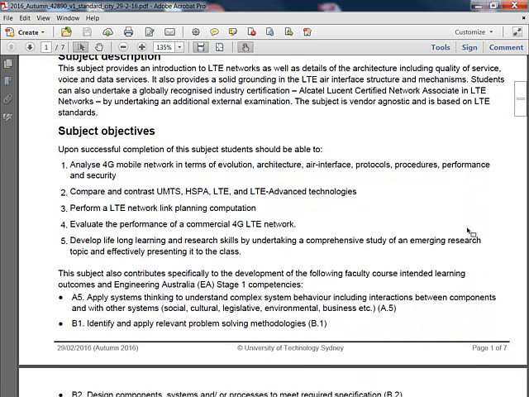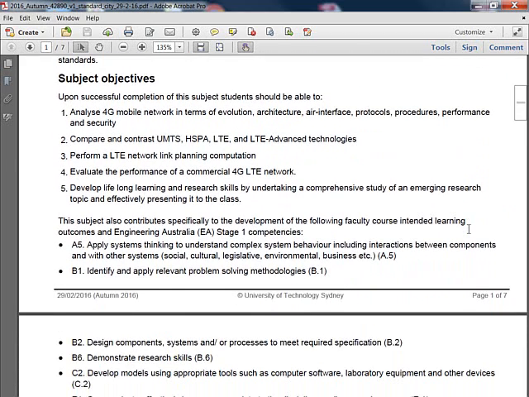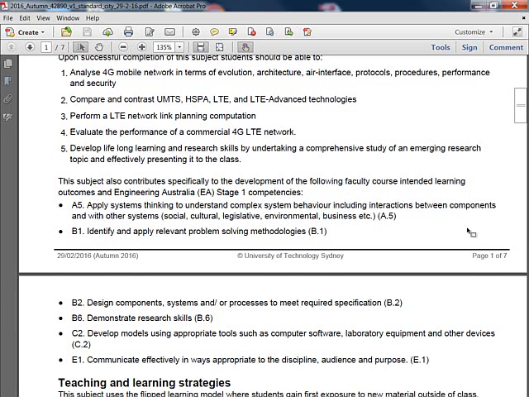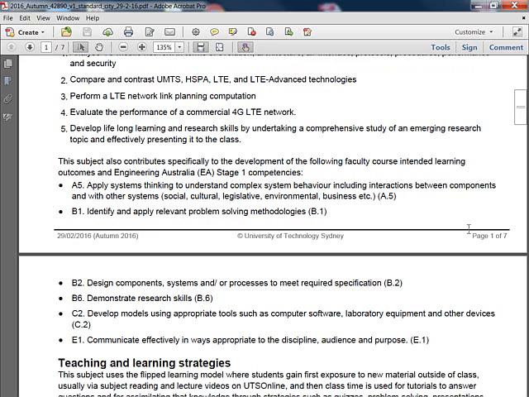Now this subject also contributes to the development of the following faculty course intended learning outcomes and Engineering Australia stage 1 competencies, and these competencies are given at the bottom of page 1 and at the top of page 2 of the subject